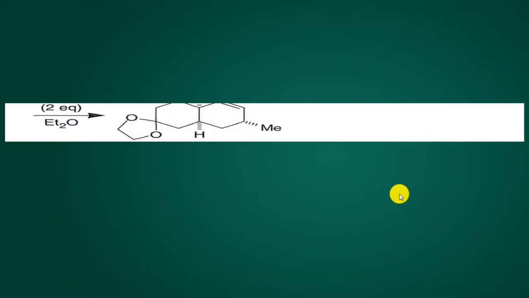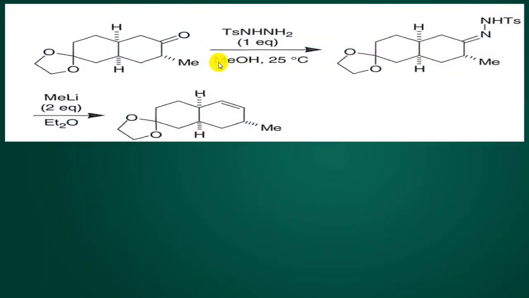Next, once again another example. Tosyl hydrazine reacts with ketone, it forms tosyl hydrazone, and there are now two positions, this one and this one, and the olefin formation takes place at this position, because this carbon is the less crowded carbon, and this is the more crowded carbon because of this methyl group. So we got this product.